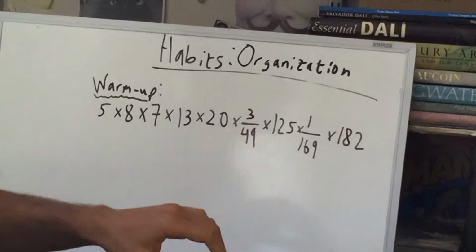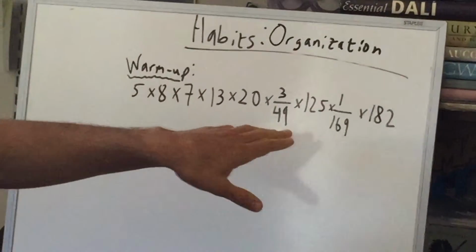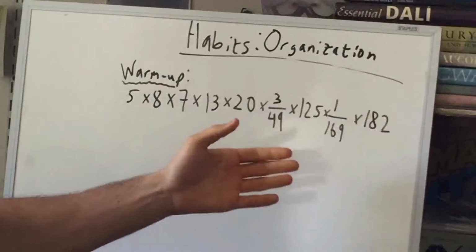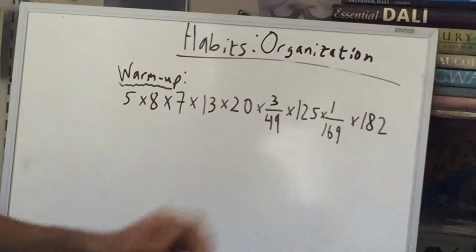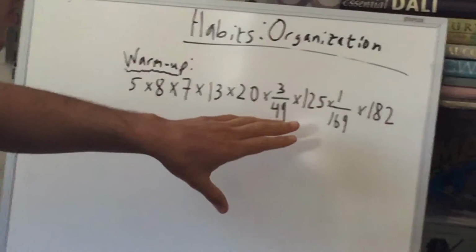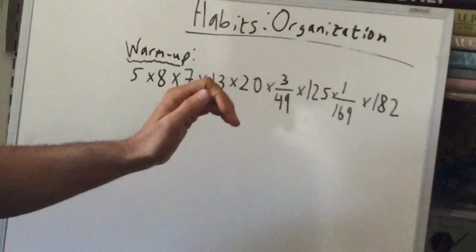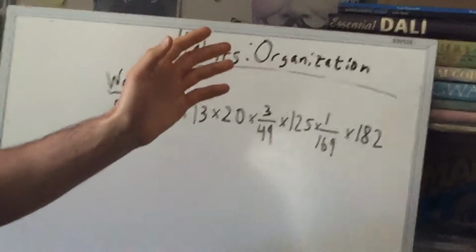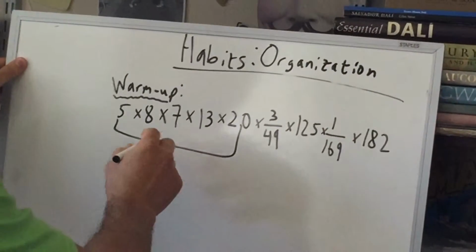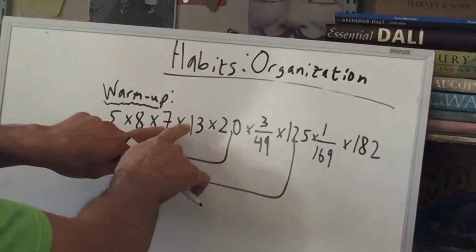All right, let's warm up with a problem from the previous video, which is on grouping. So take a look at this one, try to figure it out. Like I said, this would be a good moment to pause the video and try to work it out yourself, but I'm gonna go ahead and do it with you guys now. So again, we're not gonna do this left to right. The other point about this problem is the grouping doesn't just apply to addition as in the previous video. It's a general concept that applies to anything. So let's group the 5 with the 20, the 8 with the 125,